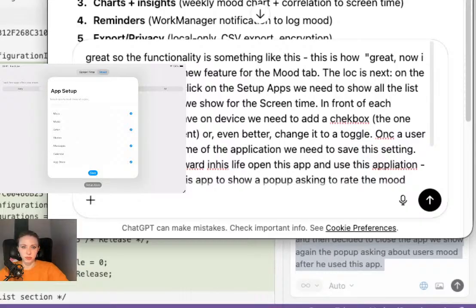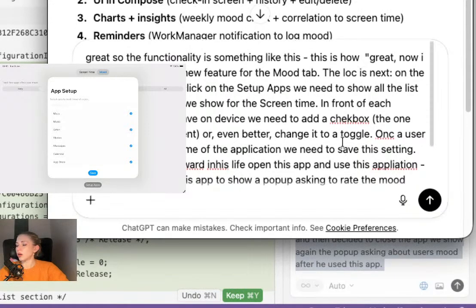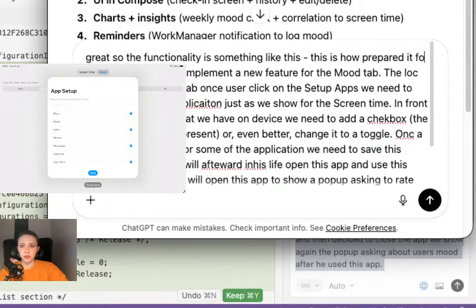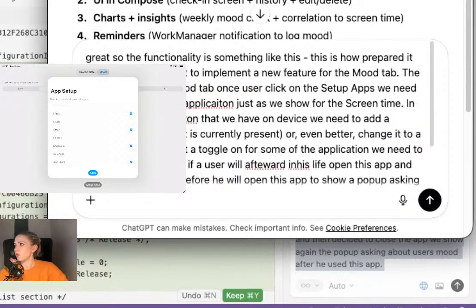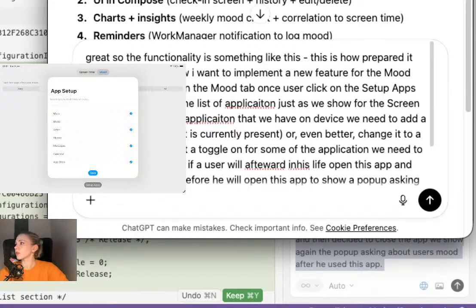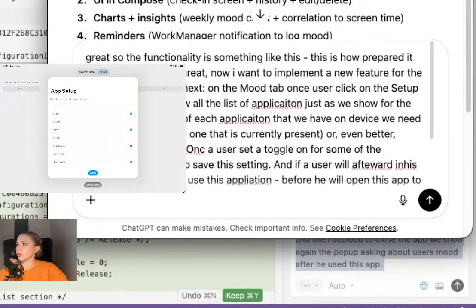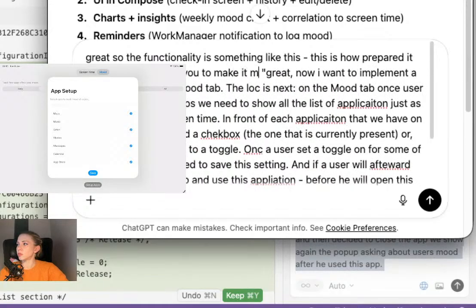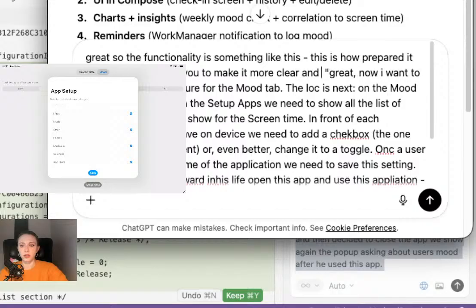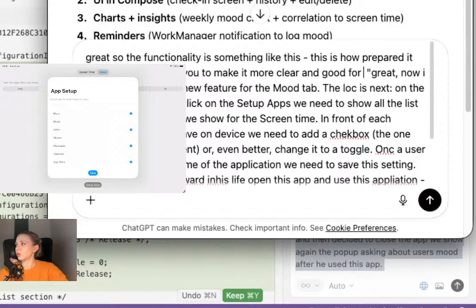Now it's too big, let's make it smaller. This is how I prepared it for Cursor, but I need you to make it more clear and good